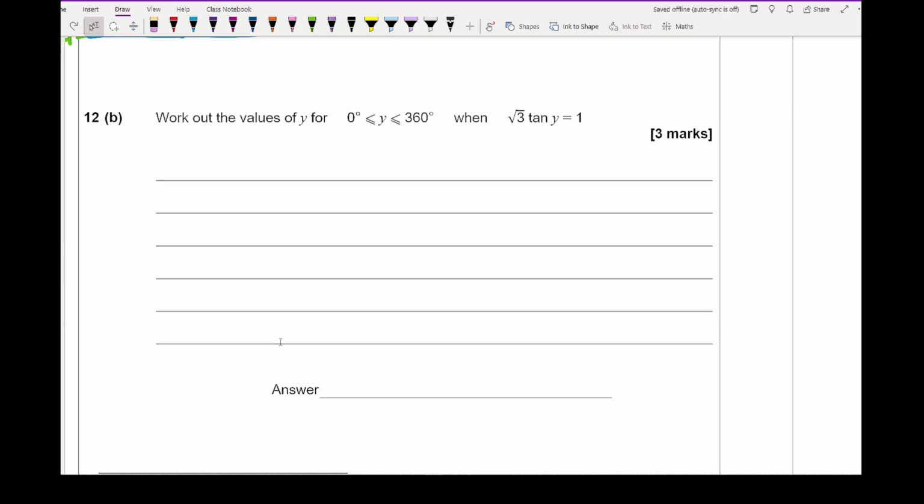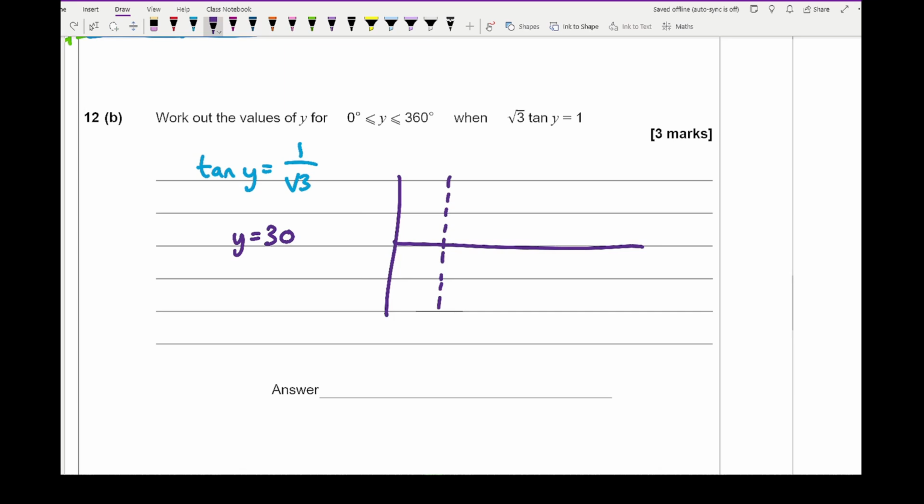Moving on to question 12b, it says work out the values of y when root 3 tan y equals 1. So first things first, what we want to do is get tan y as the subject. So tan y equals 1 over root 3. Now from this you should know and recognise that 1 over root 3 is an exact value of trig, and that's when y equals 30. Then if I use the trig graph,